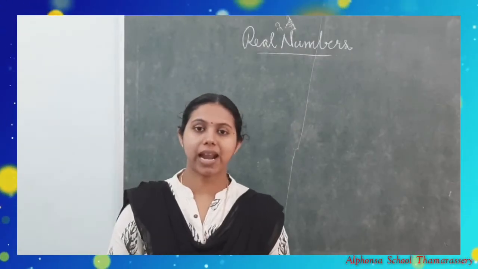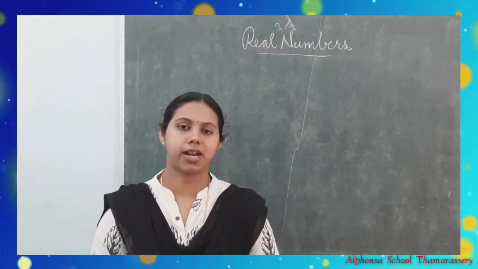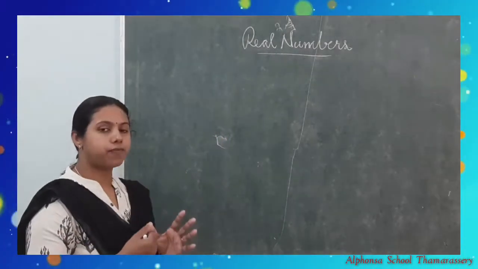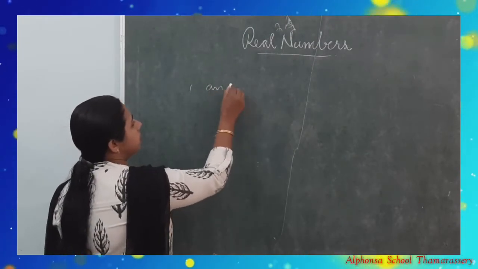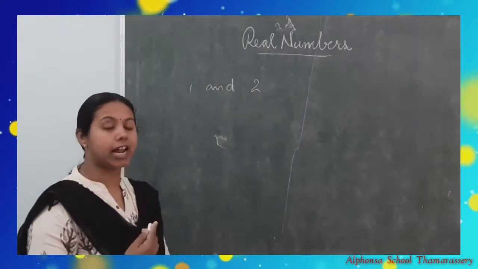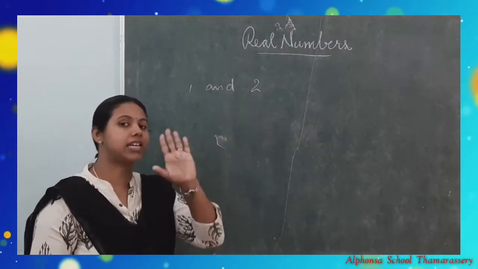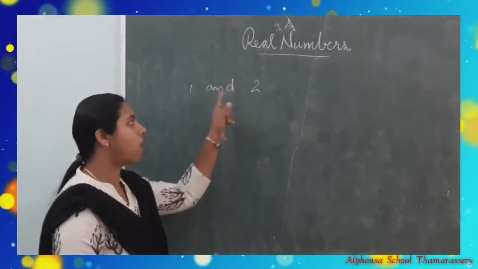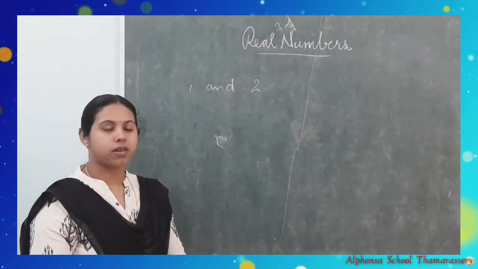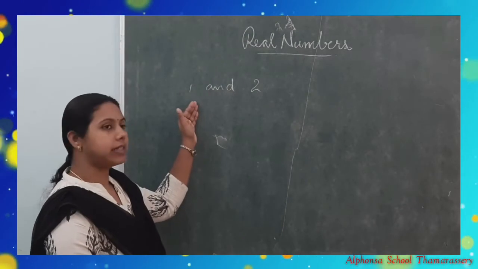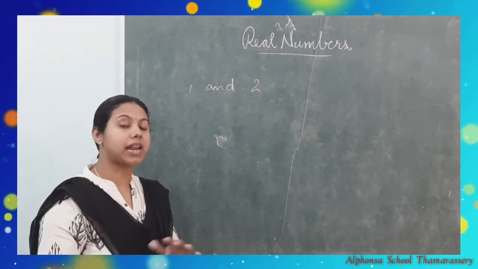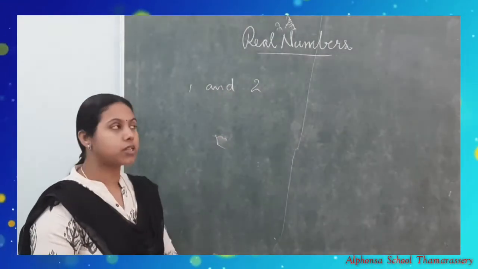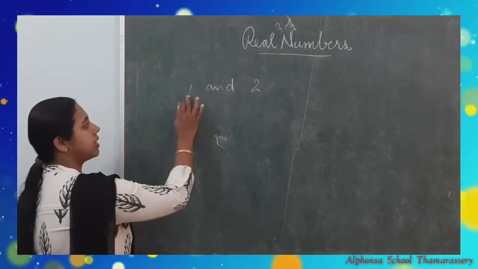Next, our topic is rational numbers between two rational numbers. For example, find 5 rational numbers between 1 and 2. You should find at least 5 rational numbers between 1 and 2. We know that there are no integers between 1 and 2. But there are many rational numbers between 1 and 2. So for finding this, first of all,